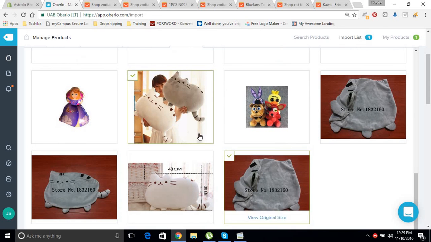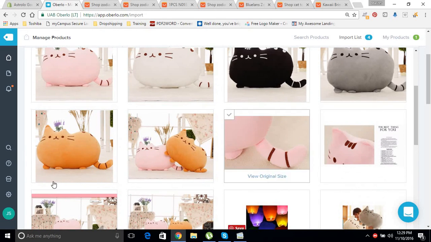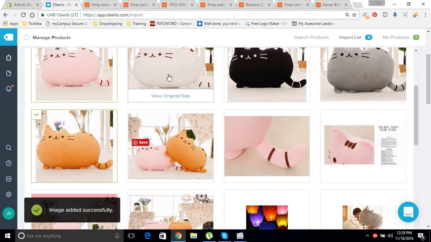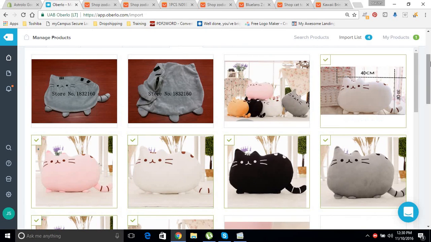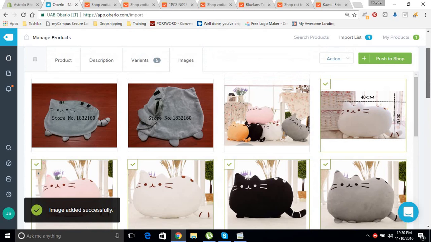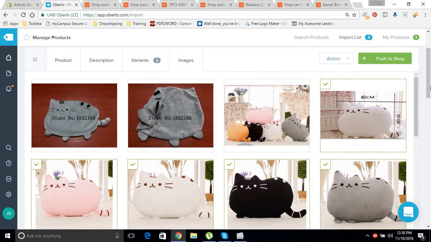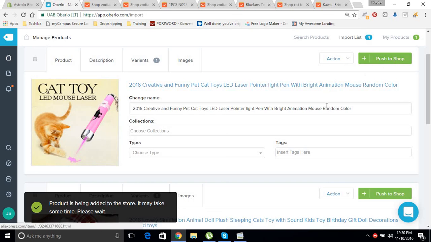Once an image has been selected for your store, there will be a little green line around it with a checkbox, and you could add more images by just clicking on them like that, that, that, and that. You could add as many images as you like. Alright. And when you're finished with all the images, you hit push to shop,